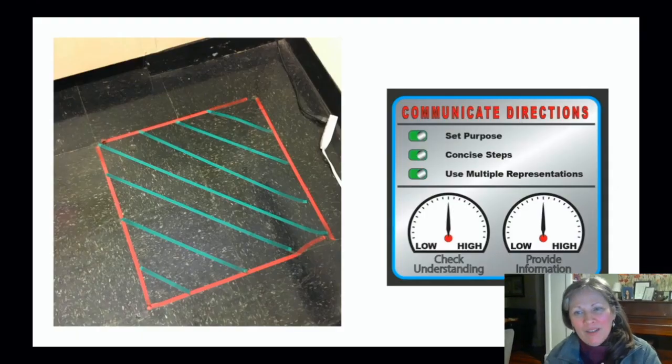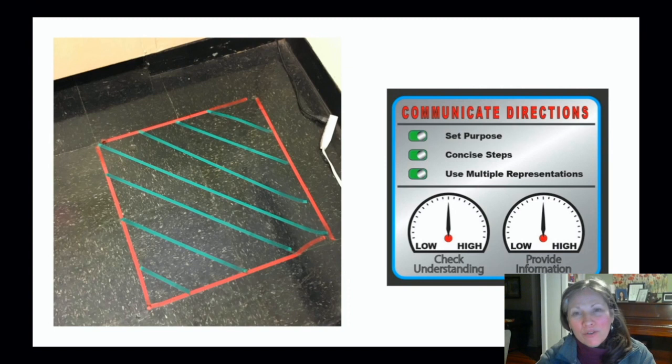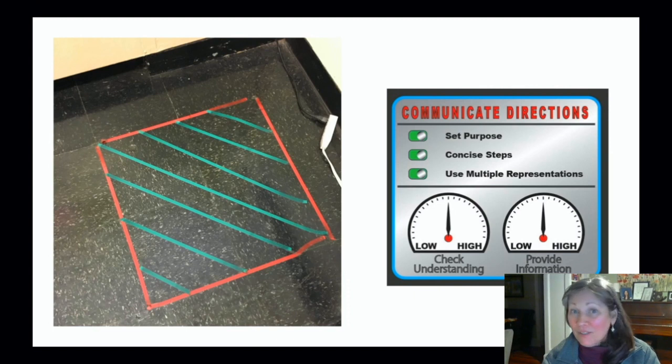Let's first examine our levers for communicating our directions. I want you to imagine this square taped to the floor where the teacher stands in the box and doesn't move to circulate in the classroom until all students have begun a task independently. This is very similar to what we experience when we're teaching on Zoom. So this works both in person and on Zoom.